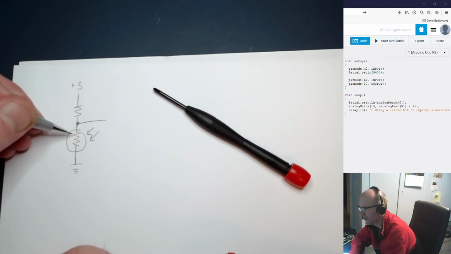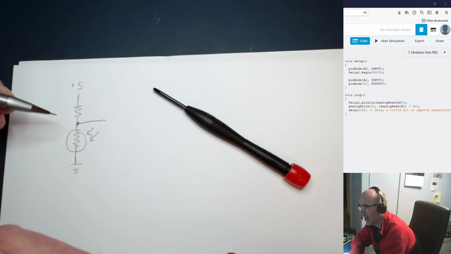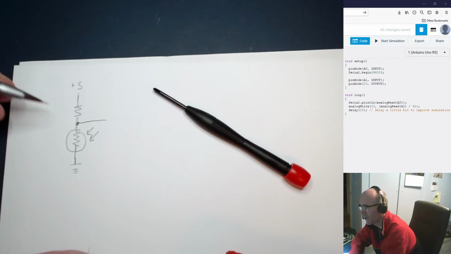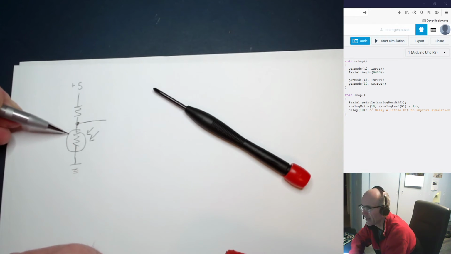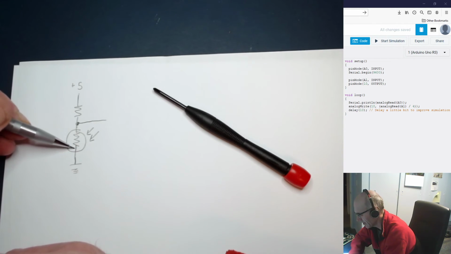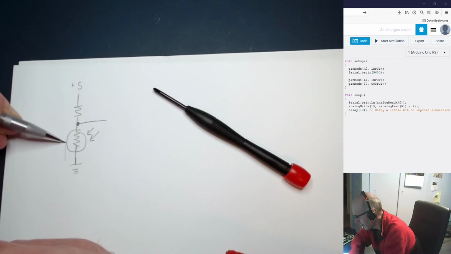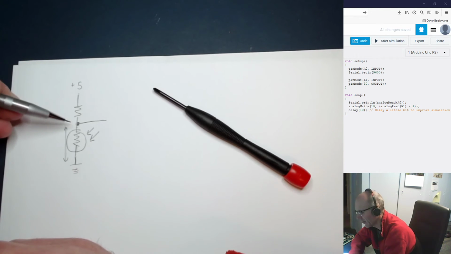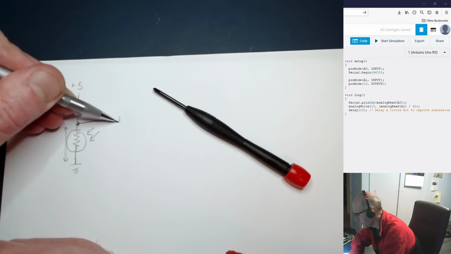What's changing isn't our position on a slide or anything like that. We're not physically moving something on a disk. We're changing the resistance of this connection right in here, making it either more resistive or less resistive. So we can lower that resistance by putting light on it, or increase that resistance by making it dark. And if we increase that resistance, that makes this point electrically further away from ground, meaning that the voltage comes up. But if we apply light to it, that makes it come electrically closer to ground, meaning that this voltage comes down, and our Arduino pin